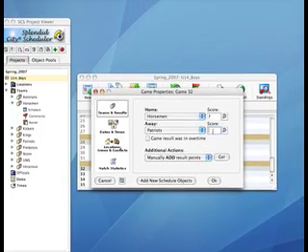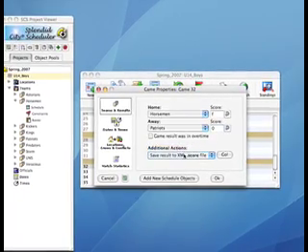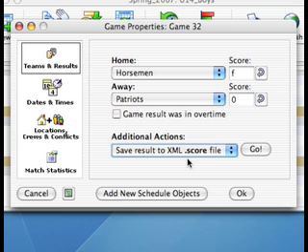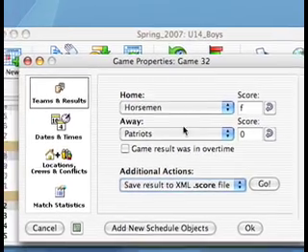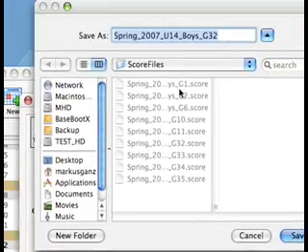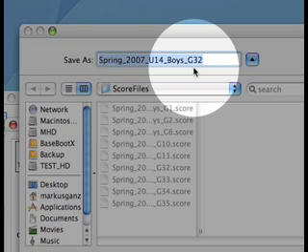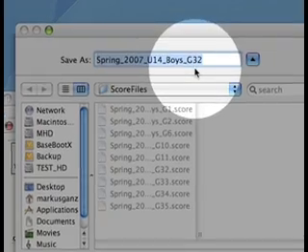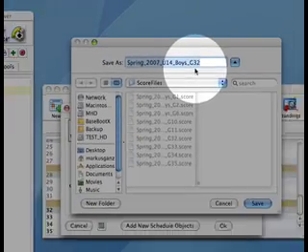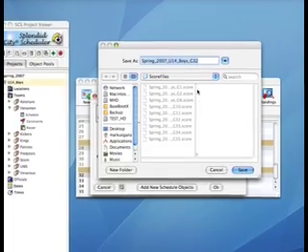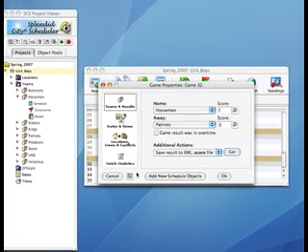Now, in addition to that, you have this option here to save results to an XML score file. Well, what is that? Well, if you're a league administrator and you've distributed a Splendid City project file to all your team managers, you can facilitate entering the score by having the individual teams fill out or complete these panels and saving them as score files, which can be emailed to you or to whoever the administrator is. Splendid City automatically generates a file and gives it a game index, game 32. And you can save that to a folder or wherever you want and email those results back to the administrator, who can then